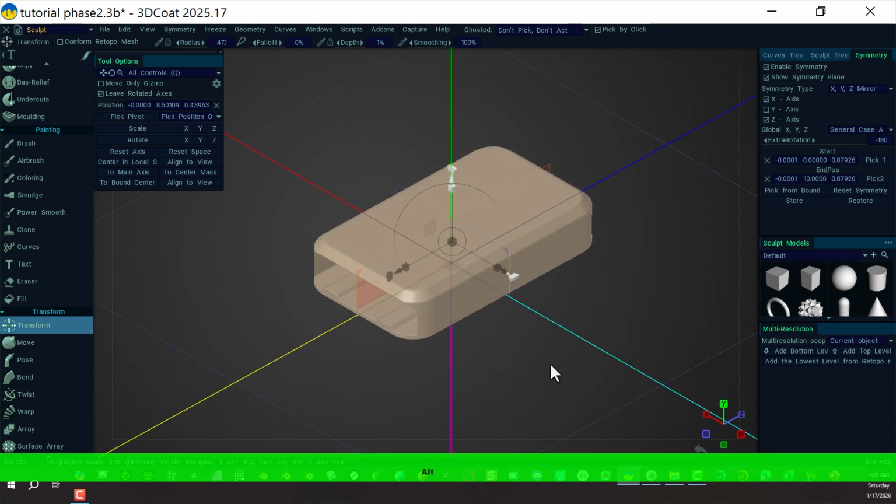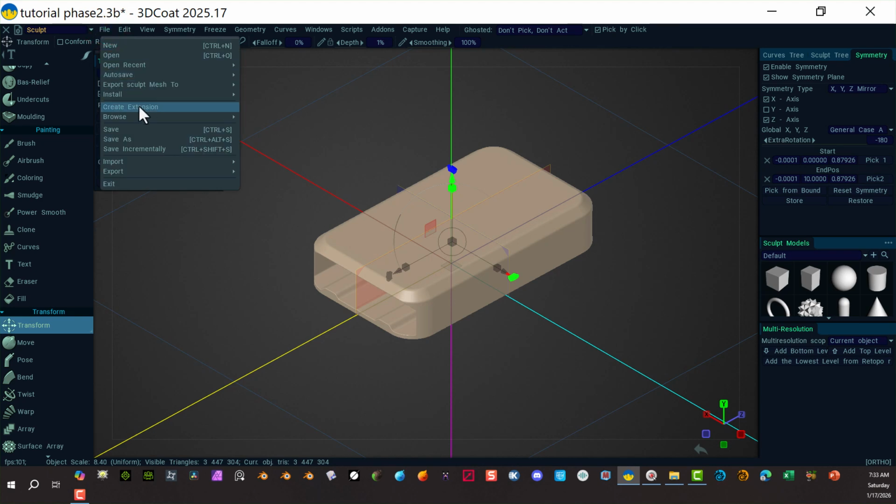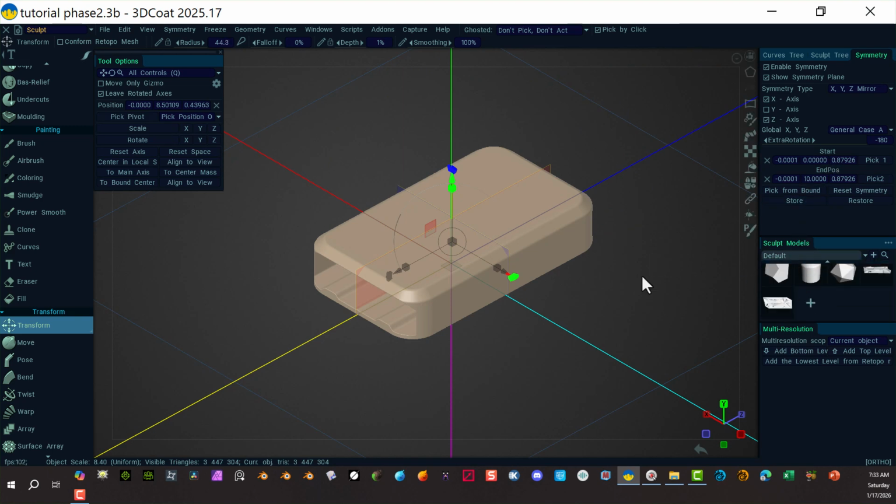All right, so we got our form. I would suggest saving this once you get your nice form that you really like. And I already have that saved in a certain area. I would save it so you can find it. Now, a couple things that I would suggest doing here